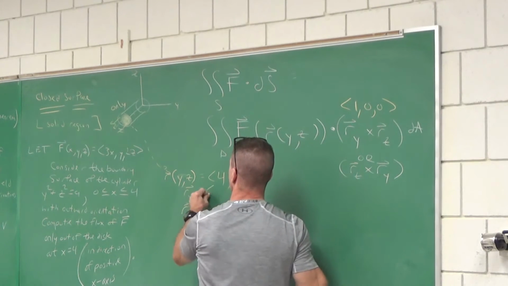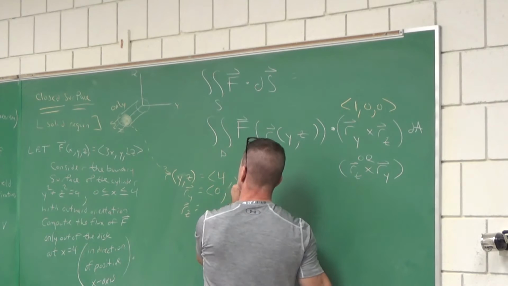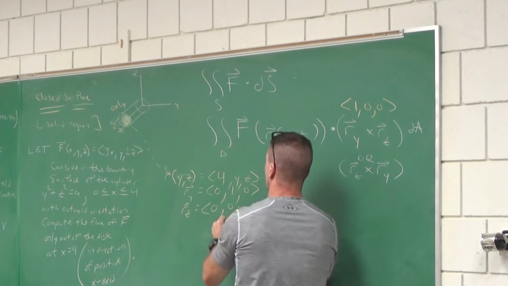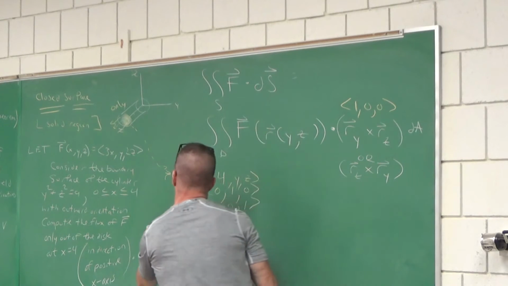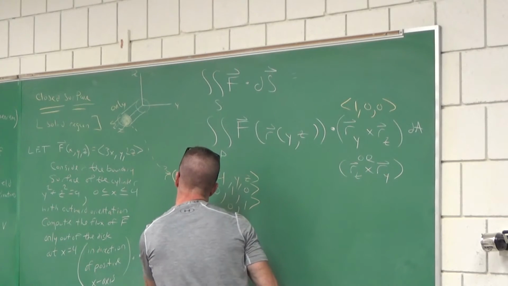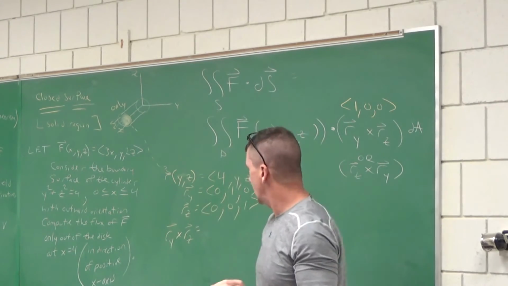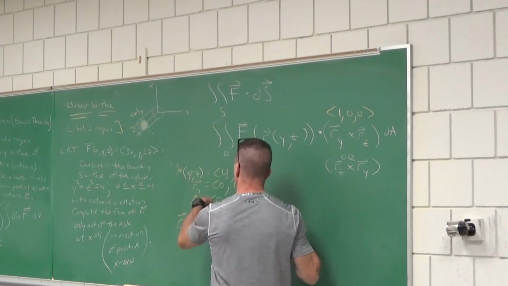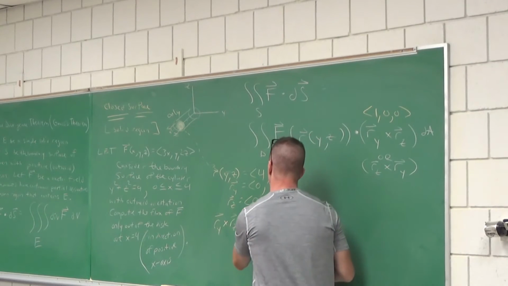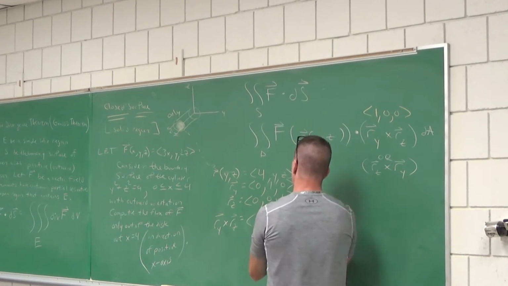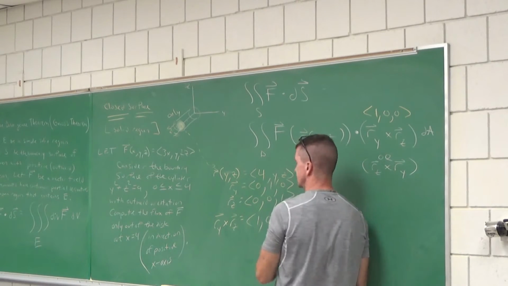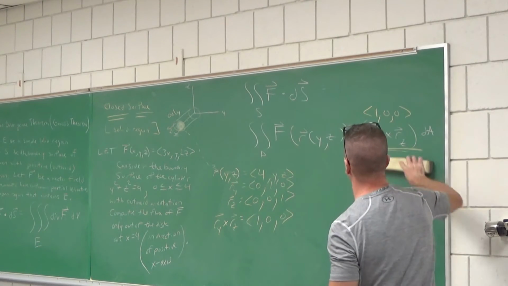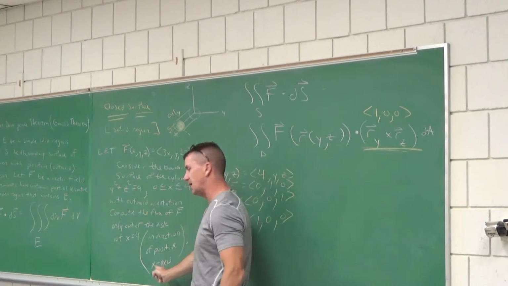What's this derivative? 0. What's that derivative? 1. That's a 0. What's the derivative with respect to z? 0. Zero. What's the derivative with respect to z? 0. 1. Alright, what's that cross product? See, I want to make sure. We're going to use r_y cross r_z or r_z cross r_y in terms of partial derivatives. When I cross these, I get 1 minus 0, 0 minus 0, 0 minus 0. Yes, this is what we're going to use. We're not going to use the other one. The other one would have been pointed in the other direction. And they want it in the direction of the positive x-axis.